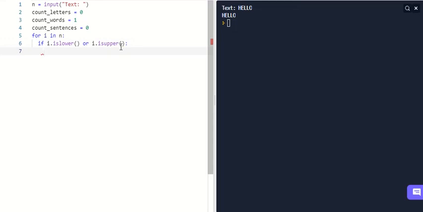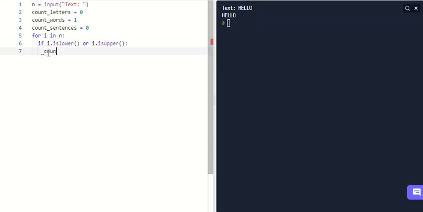So now that we're able to figure out how to check whether a character is a letter or not, we have to find out how we can add this value each time. And how this works is that we can iterate the count of this variable, which means every time this condition is true, it's going to add 1 to this variable. It's going to keep on adding 1 until it reaches the end of the string, in which we have this for loop. So how this is going to work is that